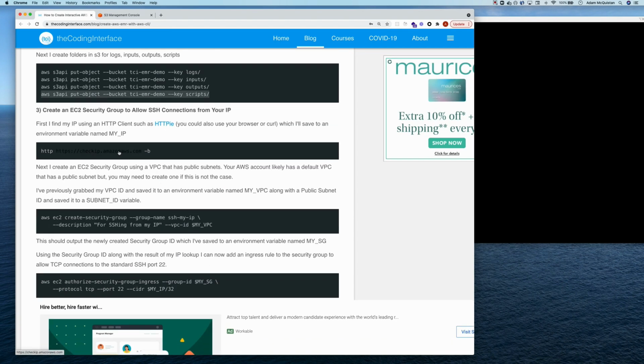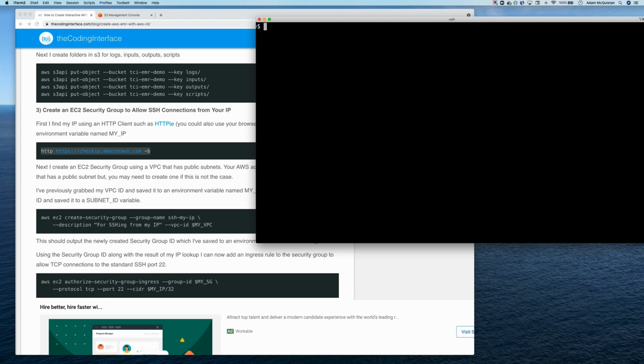So the next thing I need to figure out is what my home IP address is, which Amazon actually provides a REST service that will spit back out your actual IP address, and I'll use that IP address to make a security group that's scoped specifically to my home, so that only someone inside of my house could SSH onto any particular EC2 instance within my EMR Hadoop cluster. So what I'll do is save this to a variable called my IP, and I'll run it in a subshell. You could actually just put this part into your browser if you wanted to, and get your IP address, but I'm going to save mine to a variable